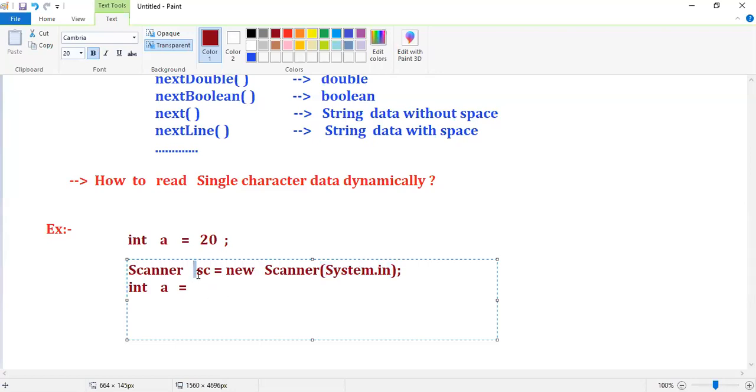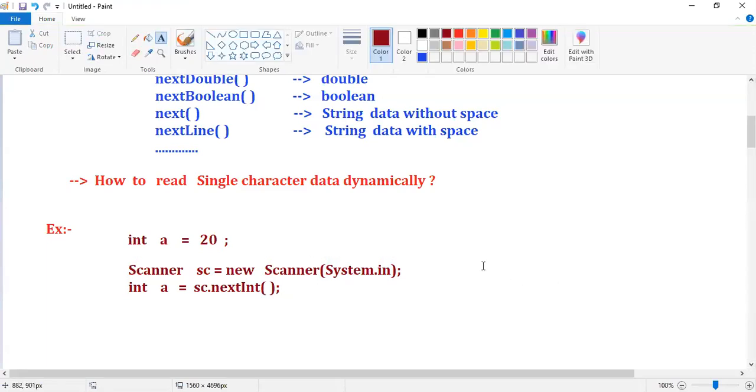Now your reference for the Scanner class is sc, right? So write sc dot, which values? Integer values. The method is nextInt. I'm not providing 20. Just write sc.nextInt(), so that you can pass the values at runtime. Check the program, guys.